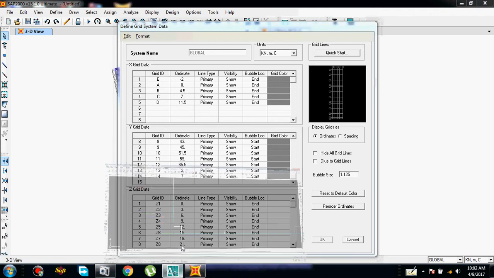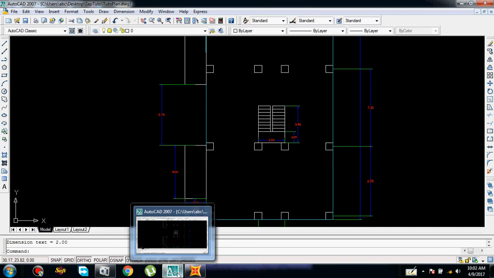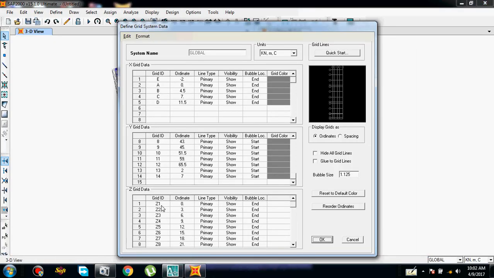What's the spacing there? 5.75. Let's give it 6. 6 will be 6, 15. 6 plus 7 will be 13. Number 14, not 14, it's actually